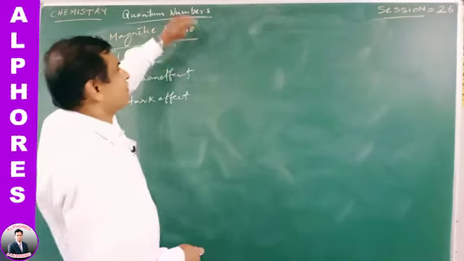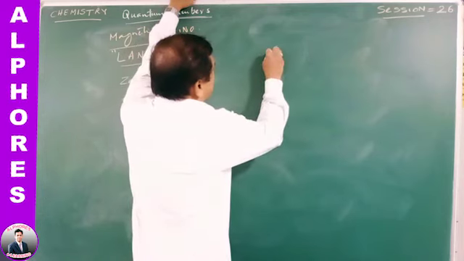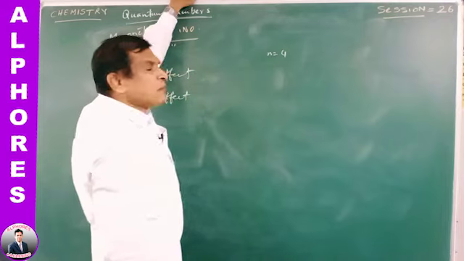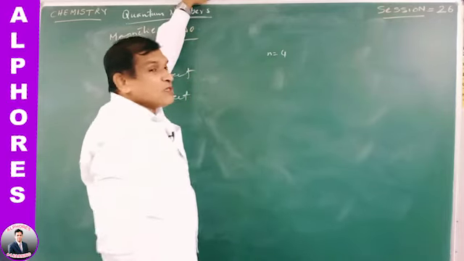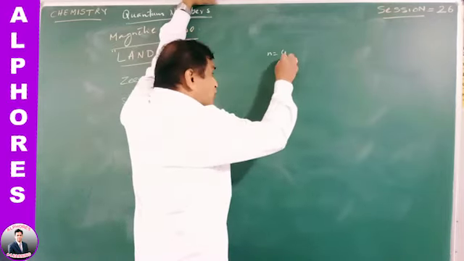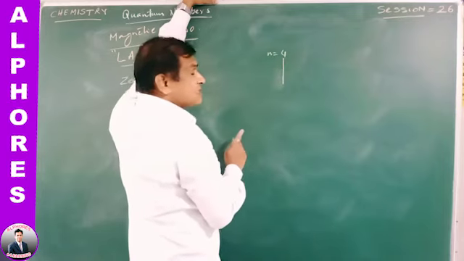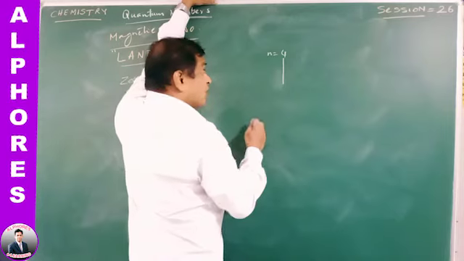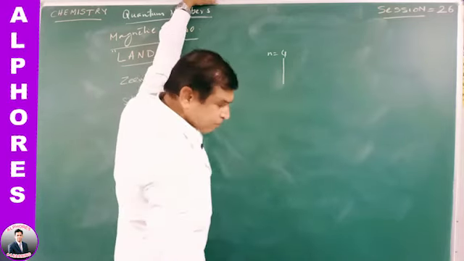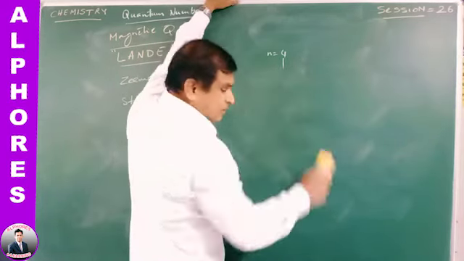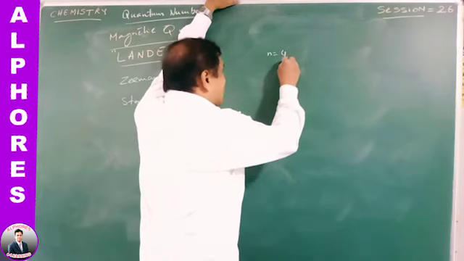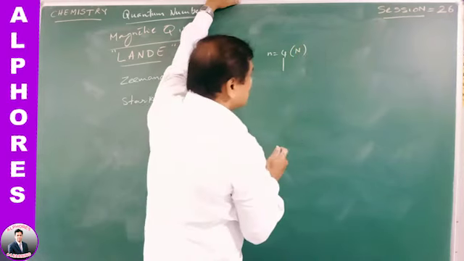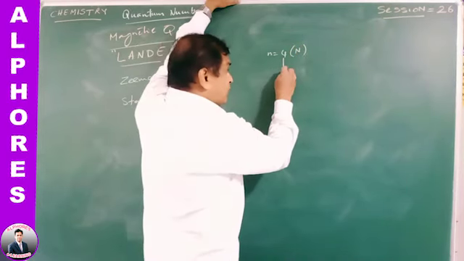Let us see. For example, n equals 4, that is the 4th orbit. In the 4th orbit, what are the possible L values? This 4th orbit has 4 subshells. What are the values of the 4 subshells? This is the shell, that is K, L, M, N shell. In this N shell, the possible subshell values are